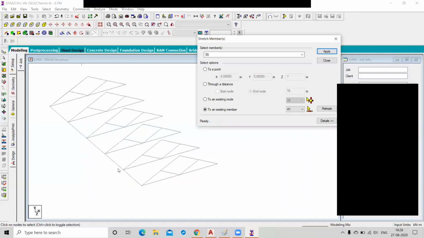So see, the member is stretched. Yes, sir. Yes or no? Yes. Like the Extend command, sorry Dinesh, tell me again. It's like the extend command, isn't it, sir? Yes, yes. It is like extend. In this command you have stretch as well as the extend command. If you compare with AutoCAD commands, this is useful as the extend or a stretch.